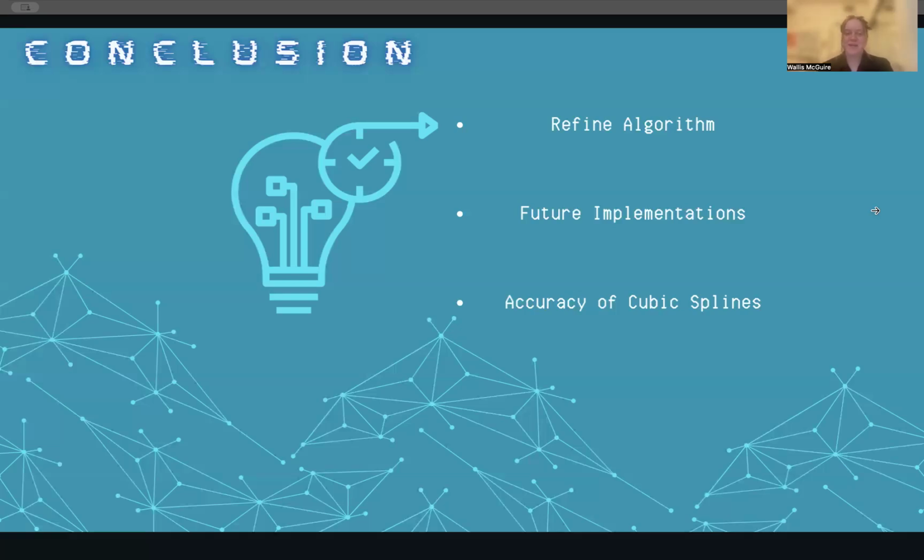So I think cubic splines is a good implementation to use and something I could definitely explore in the future with more advanced algorithms and